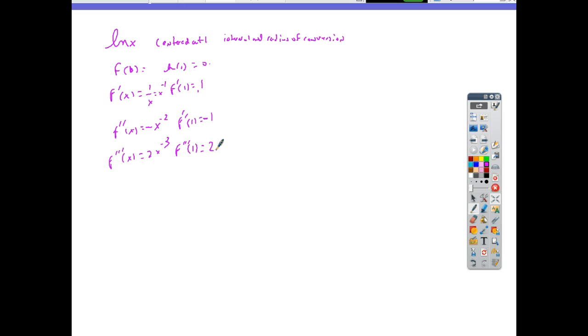Okay, so I'm going to set this up. I need a series. Did I limit how many? Oh, we wanted to figure out the nth term, right? Because we're finding the interval of convergence. Got it. So I'm going to go ahead and go ln of x is equal to 0 plus 1x plus,